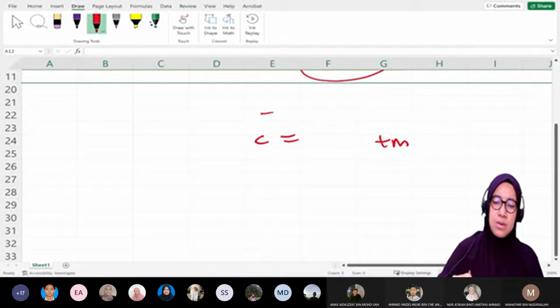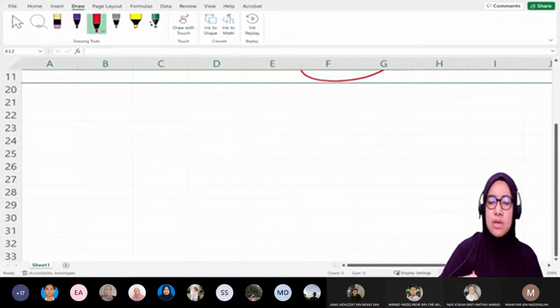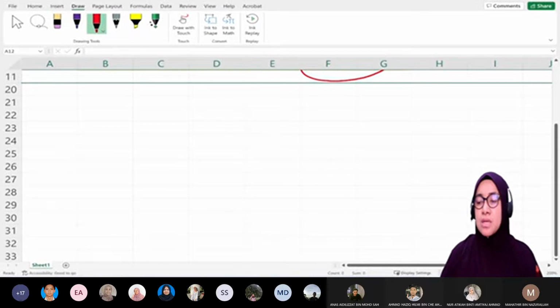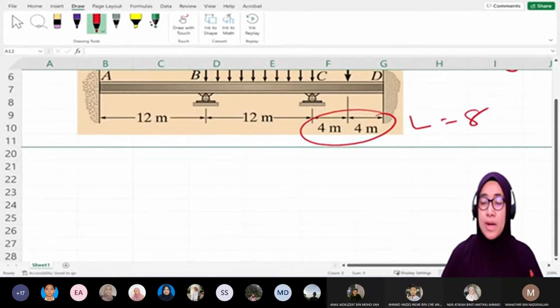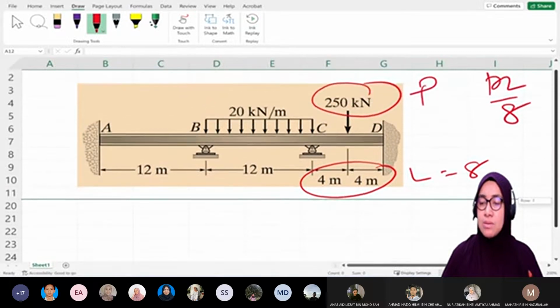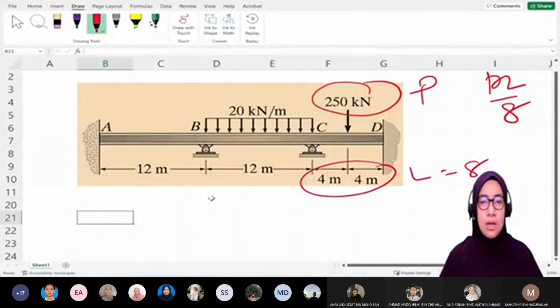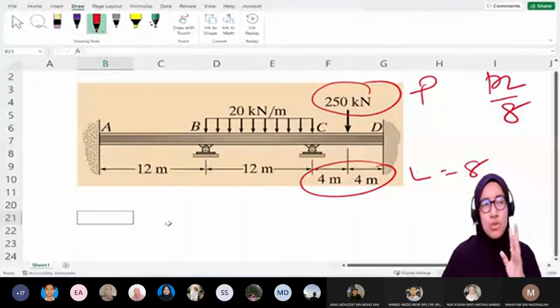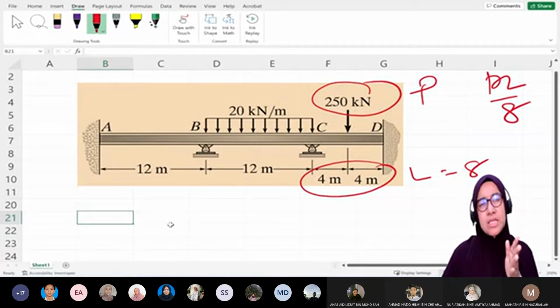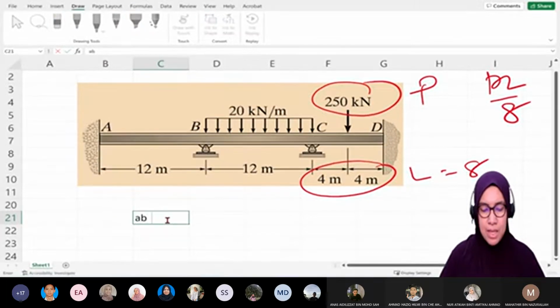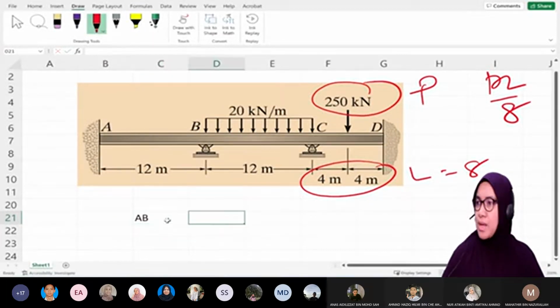Okay, so this moment distribution method easy to apply because we can formulate it in Excel. So by programming it in Excel, we can get the moment easily actually. Okay, so this is the beam. There are 6 member end moments. So we will create table first. Table tu must have six columns for each member end moment. So start from AB lah. AB, and then we have,